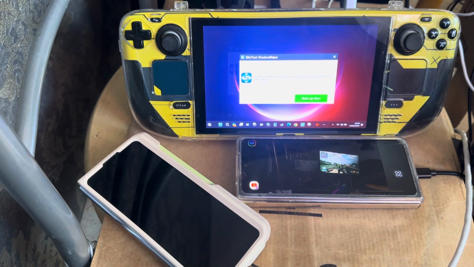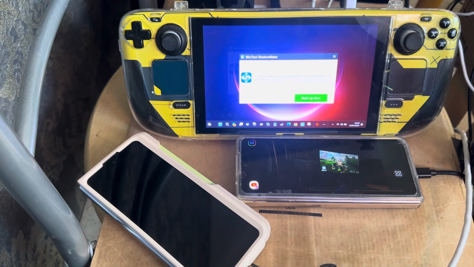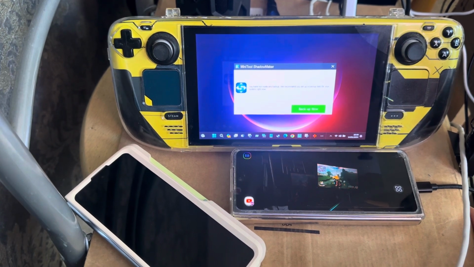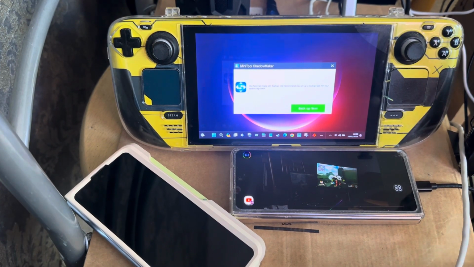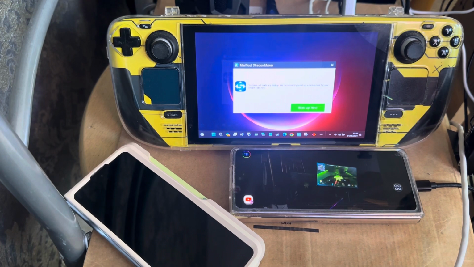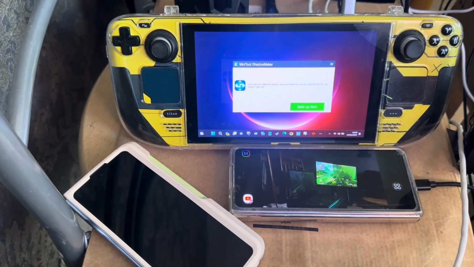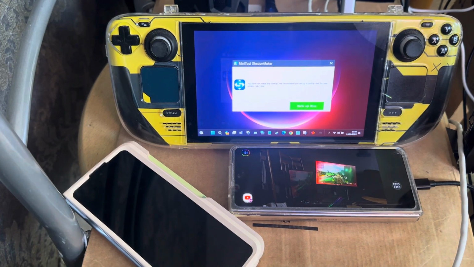I just think it's better to stream the game. So if you do have the game and want to play it on your Steam Deck, it will work. But I do feel like if you have a laptop that is capable of playing Call of Duty Modern Warfare 3, then it might be a better option just to stream the game. So streaming is quite simple. Just ensure that your laptop is actually connected